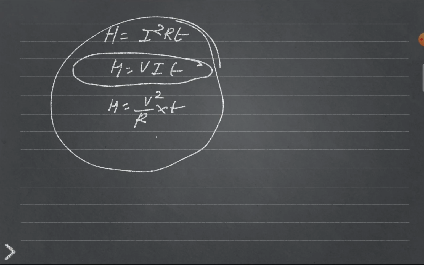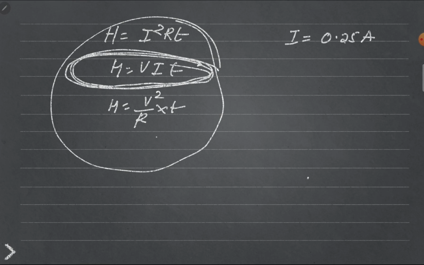Now we will move to page number 13. How can this problem be solved using the relation H is equal to VIT? That is, we are going to use this equation, H is equal to VIT, to find the answer. From the question, we need to find the value of I, and we have already found that I is equal to